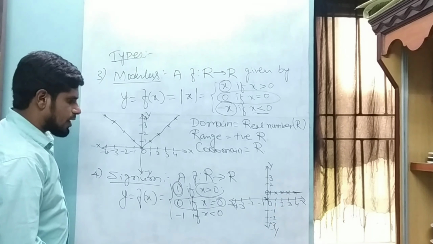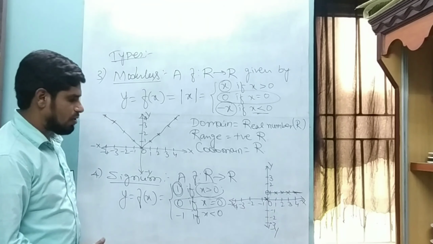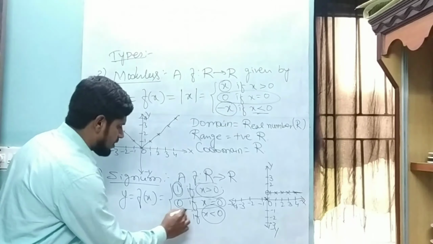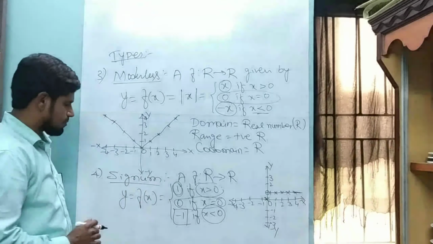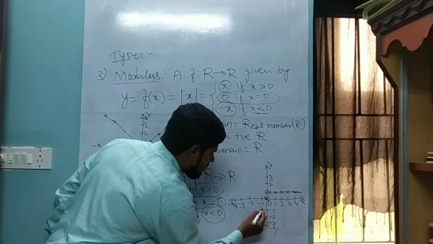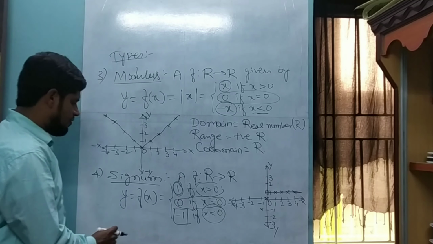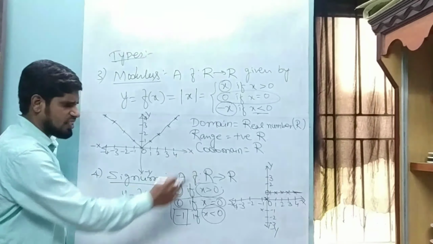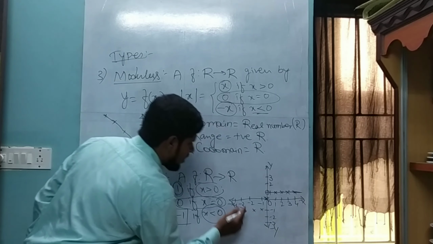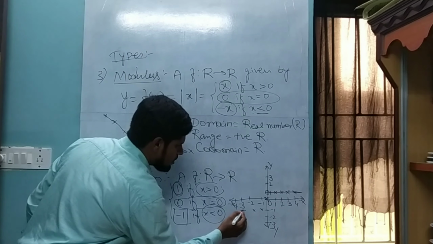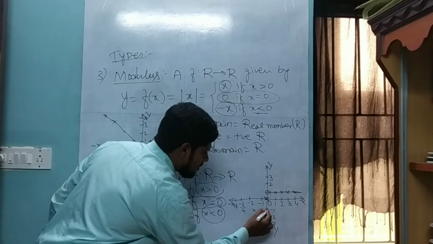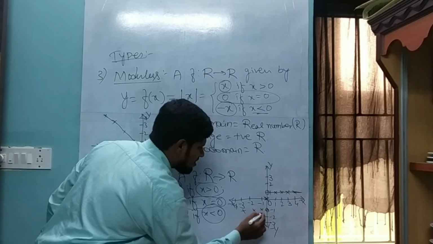Next, let us take negative values of x. If I take any negative value of x, at that time for me the function is -1 here. If I put x is equal to -1, then what is my y? It is -1. If I put x is equal to -2 or any decimal between -1 and -2, then it is -1. If I put x is equal to -3, then also it is -1. But when x is equal to 0, it cannot be equal to -1. So I will put a circle for this.